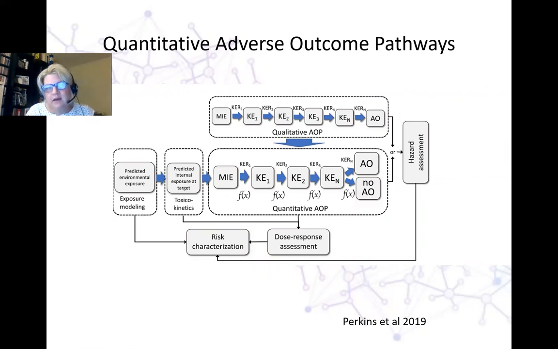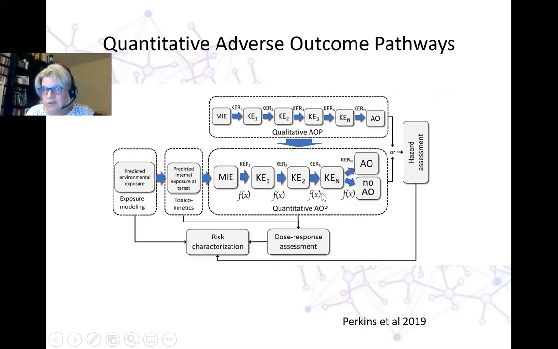But then you want to take them, and the idea is to put some math behind it and try to create these key event relationships from subsets of this data to get some adverse outcome predictions. And so then you can get the environmental exposure that, through some of the toxicokinetic models, can then be incorporated into this and trigger molecular initiating events. And so by combining the exposure modeling plus the risk characterization, you can get, well,